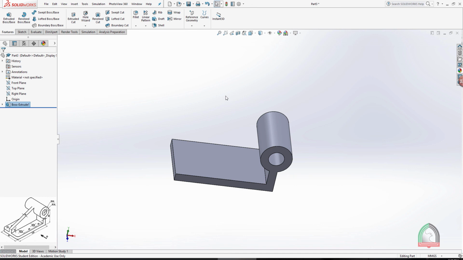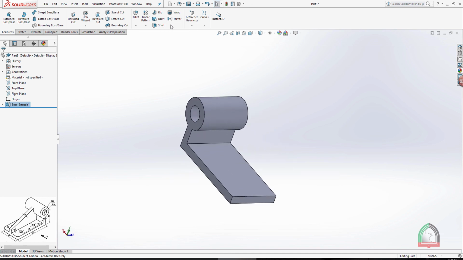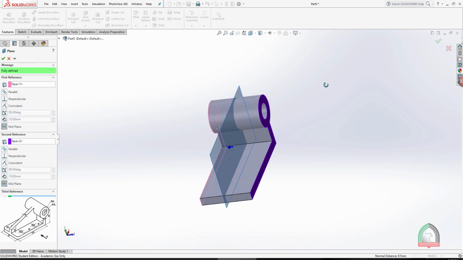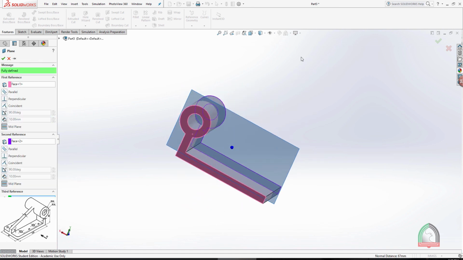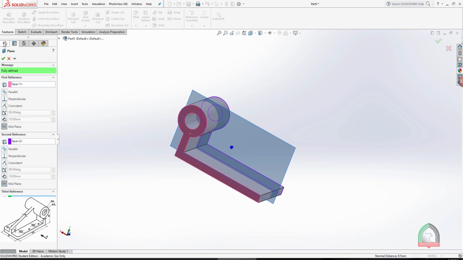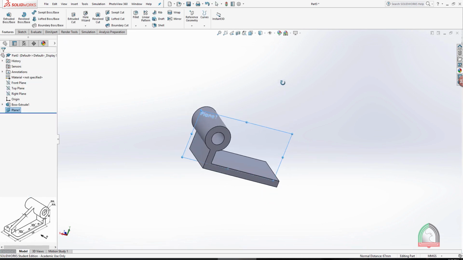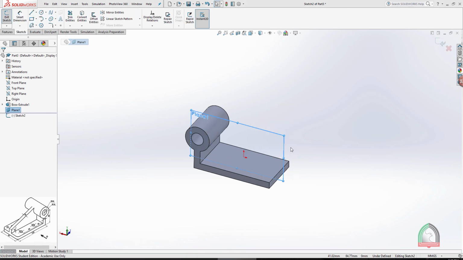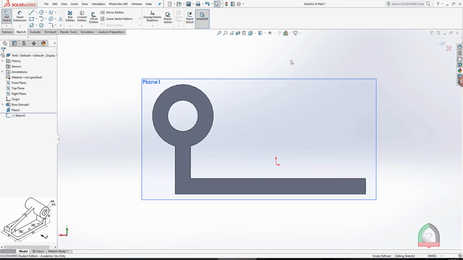Before starting fillet, we will complete the rib option. Go to reference geometry, I'm selecting these two faces, so we will get a plane in between, as we discussed in the previous figures. I'm making a plane over there, selecting the plane and going to sketch. As we discussed earlier, for creating a rib we need a sketch in the surface, so I'm making a rib